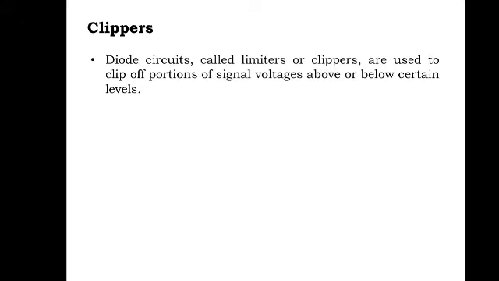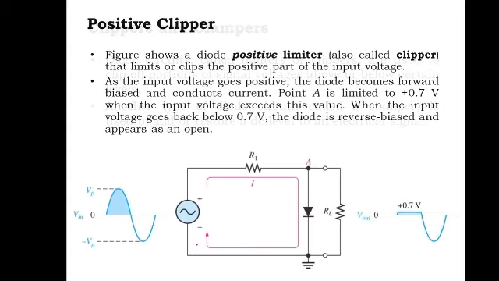The diode clipper is a circuit which is used to clip a particular portion of the input signal. There are different types of diode clippers available that we will see one by one. What you are seeing here is the positive diode clipper circuit. Clipper circuits are also called limiter circuits, therefore this circuit can also be called a positive limiter. From this figure we will now analyze the operation of the circuit.